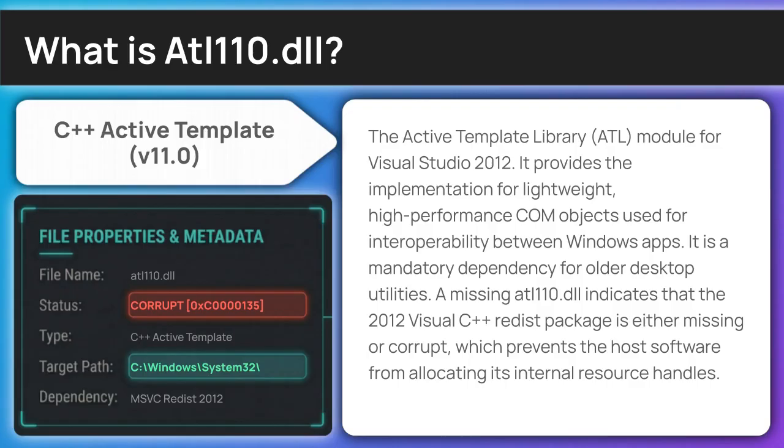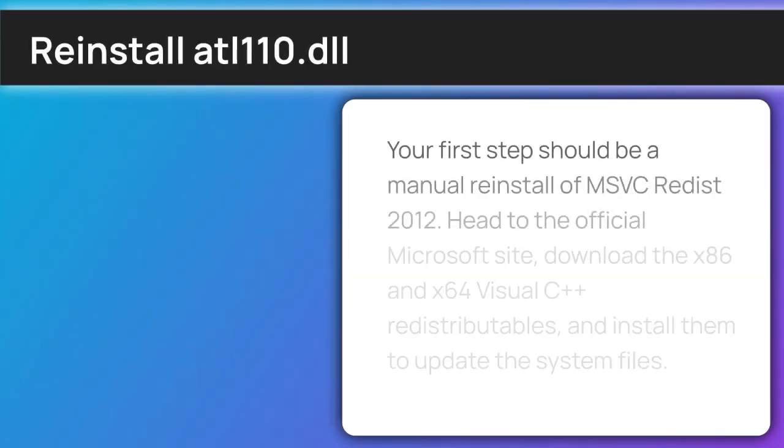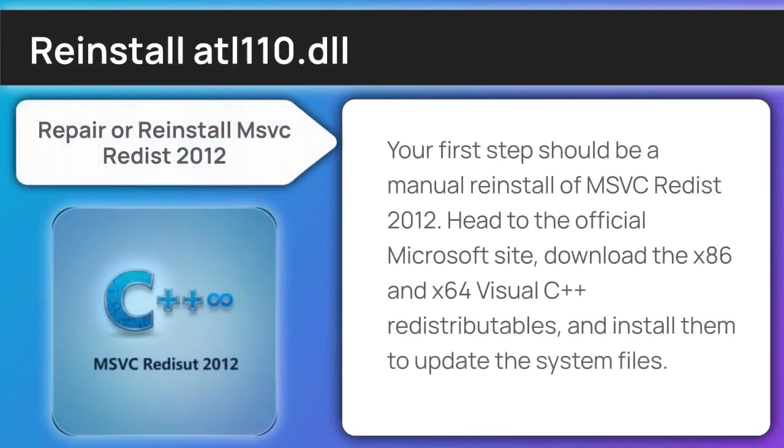With the why out of the way, let's focus on getting you running again. Your first step should be a manual reinstall of MSVC Redist 2012. Head to the official Microsoft site, download the x86 and x64 Visual C++ redistributables, and install them to update the